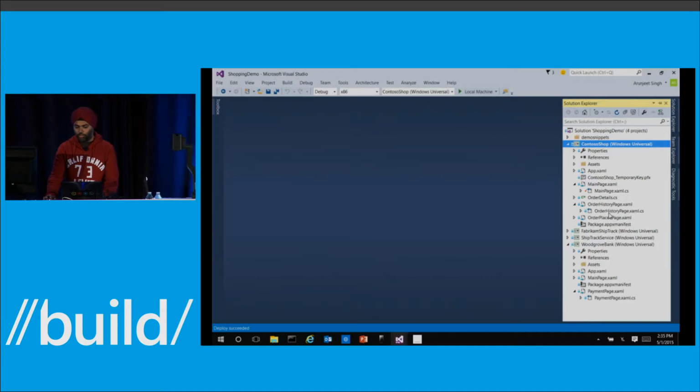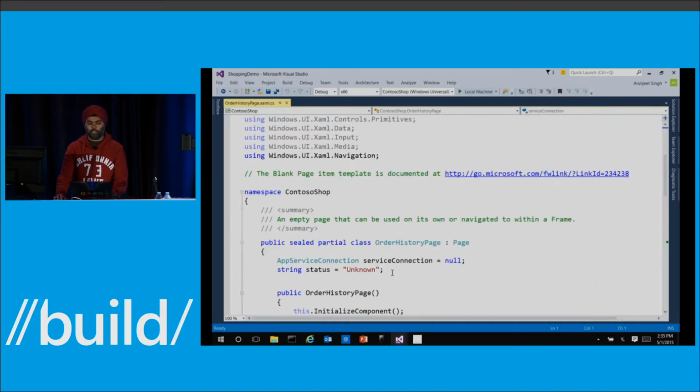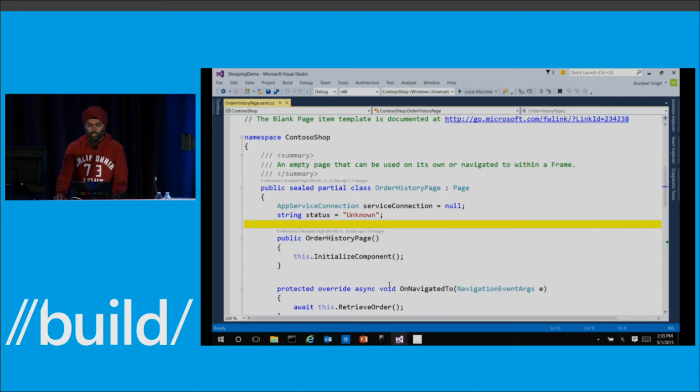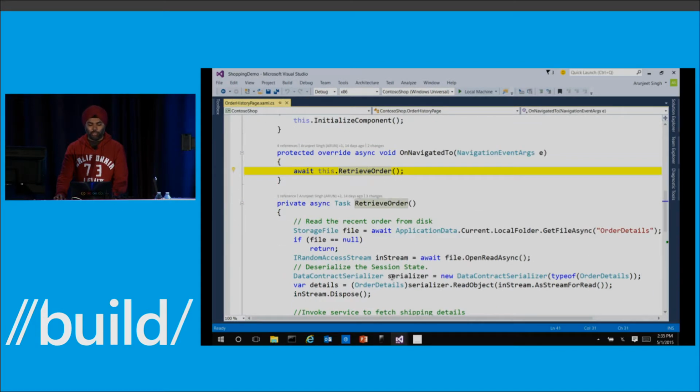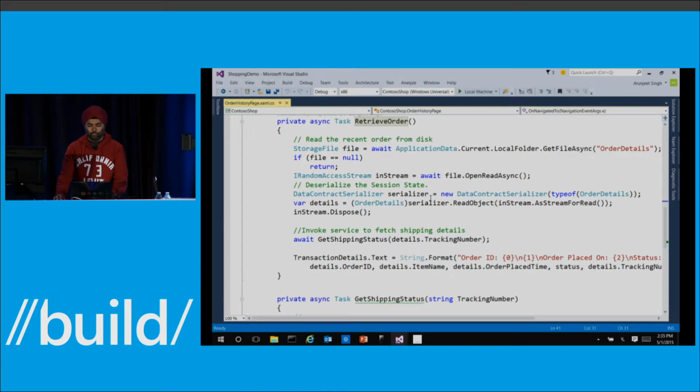So here's the order history page. Here's where that button takes us. And in the order history page's OnNavigatedTo method, I retrieve the order information, which I've got serialized to a file, including the tracking number. And once I have the tracking number, I get the shipping status from the Fabricam ShipTrack app, which provides that app service that I need to use.